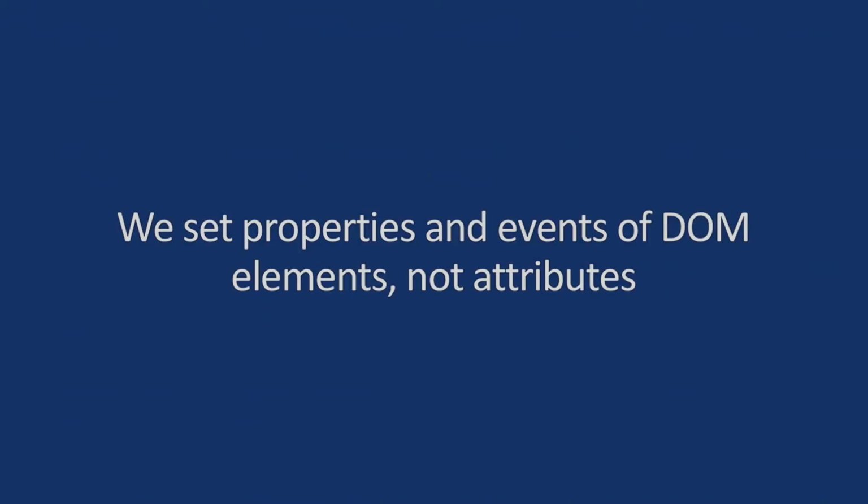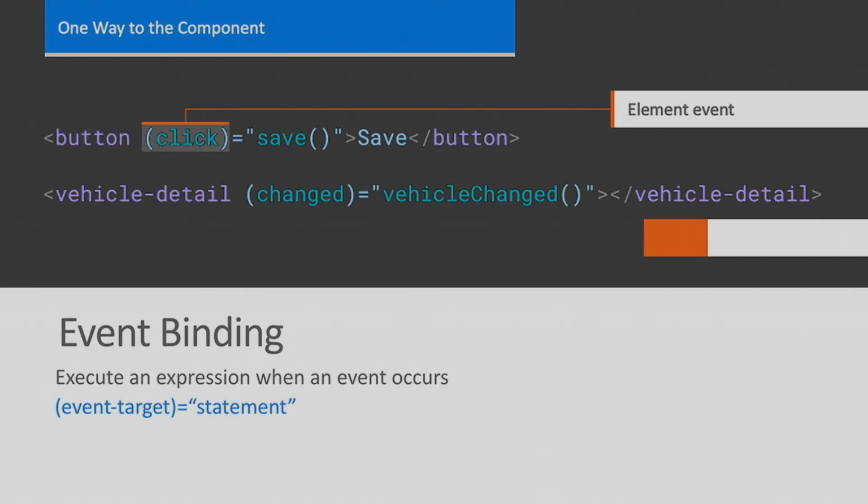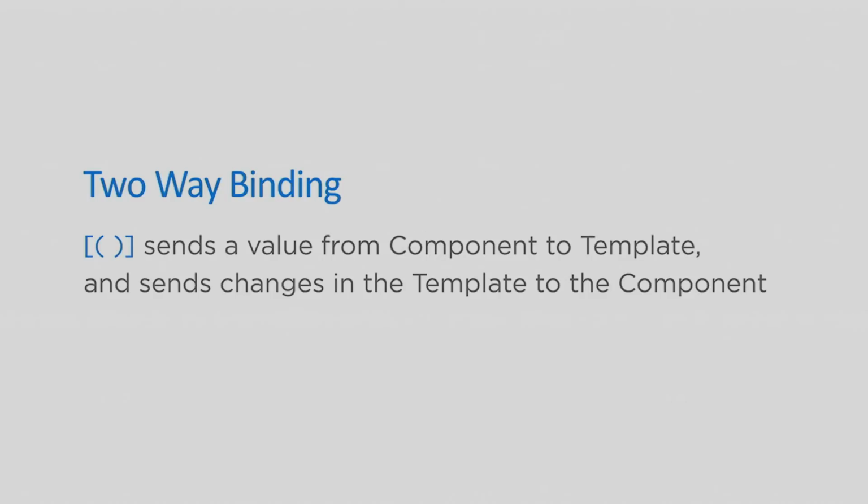Oh no, the web's broken. What are we going to do? So what we can do is you actually say attr dot and then the name of the attribute, and you can bind to it. So they gave us a way to get to anything that wasn't a property as well. In events, we can bind to click, change, on focus, on blur, whatever you want. You just use those parentheses like this. So anytime we do that, we just call our function, and we can pass values in if we like. And then we get the football in a box.